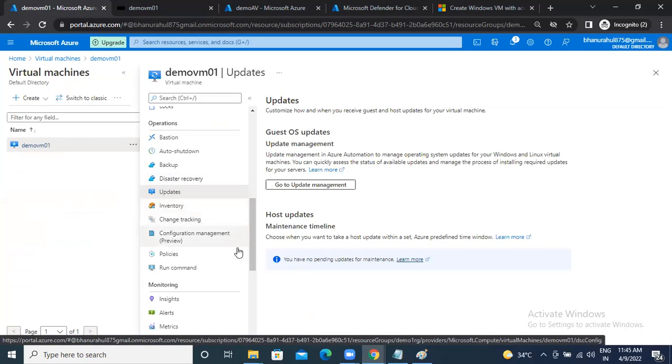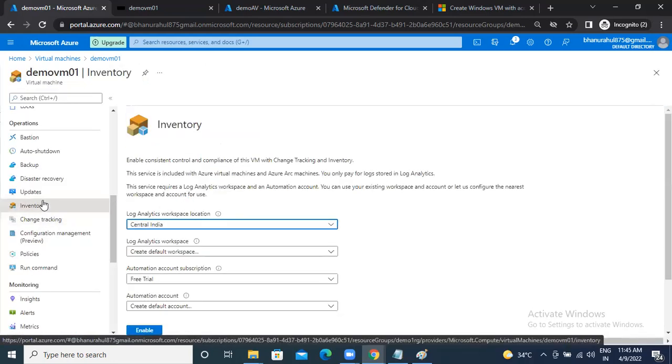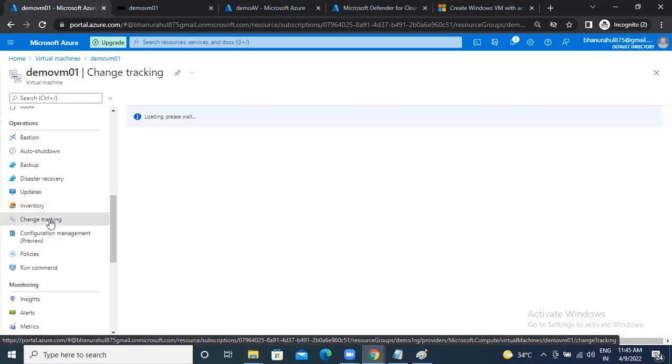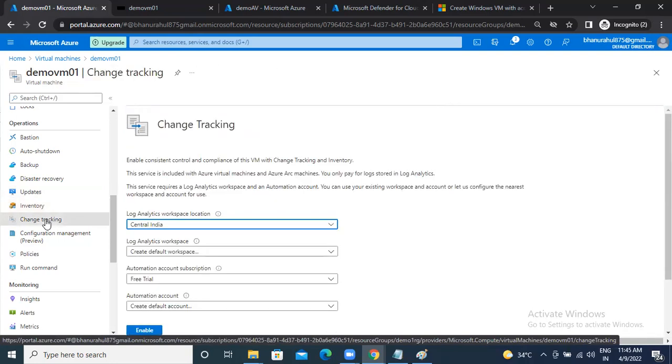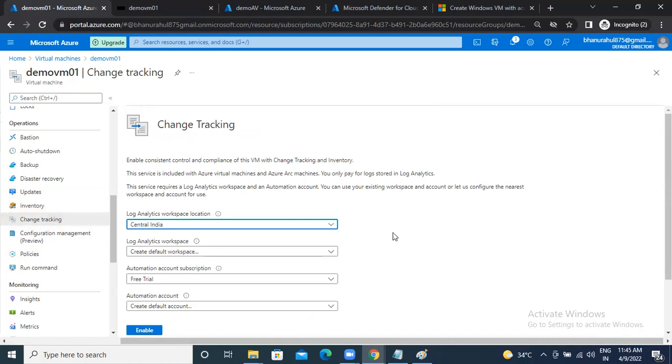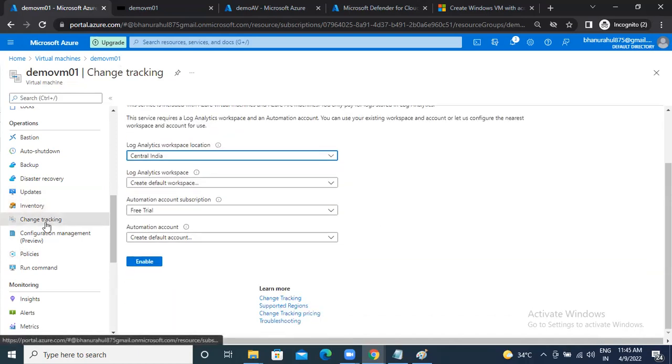So wherever it's really required, I will tell you more. What I'm giving you are the options, you want to know them, but they won't come up in day-to-day activities. This is also the same in the change tracking. There is no difference between these two. So we are using